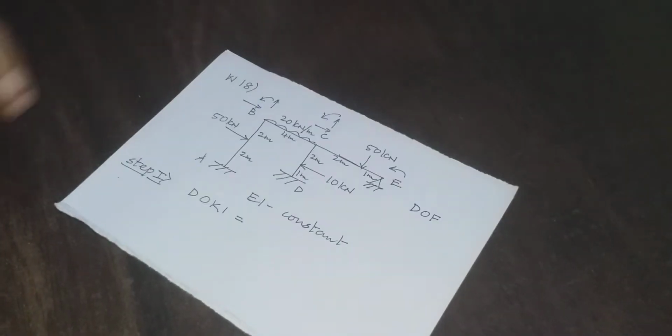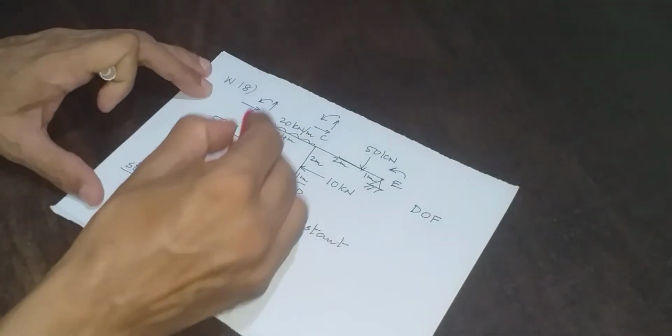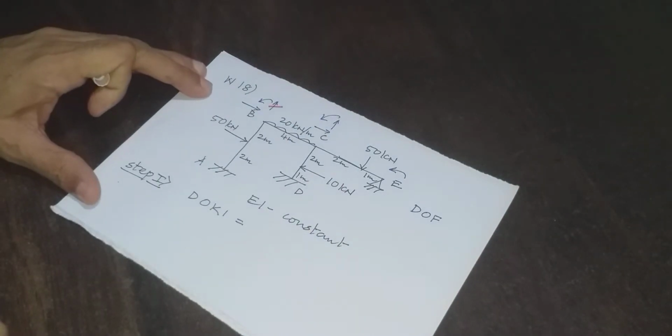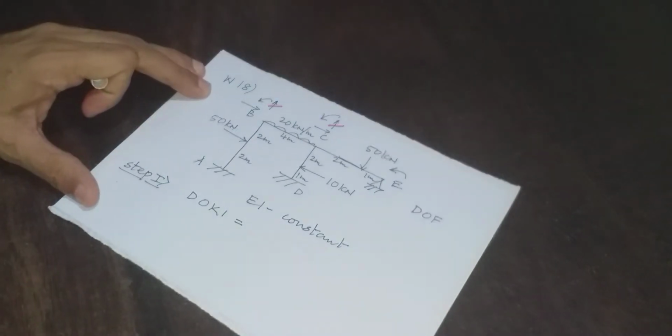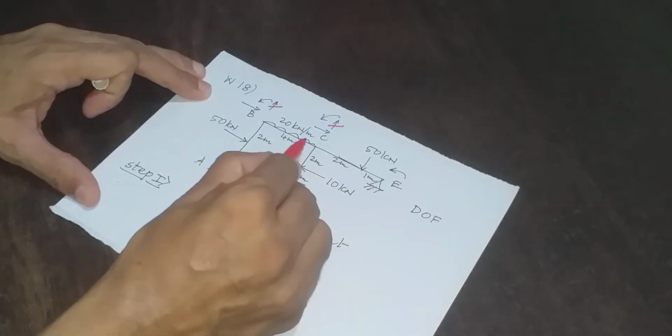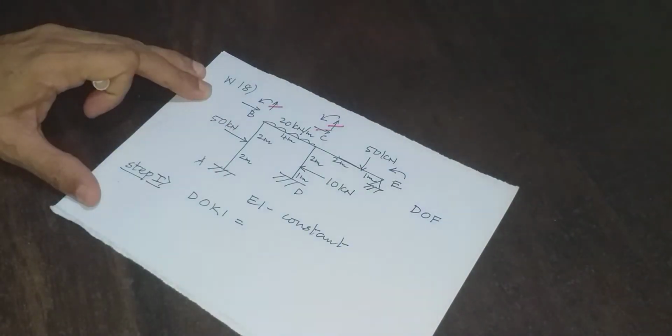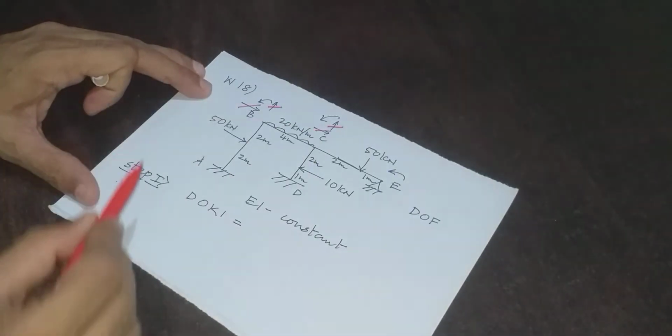This is nothing but degree of freedom. But my friends, let us talk about degree of kinematic indeterminacy. This means possible degree of freedom. Now, if we neglect the axial deformation, that of AB is not possible, so this degree of freedom is neglected. Axial deformation of CD column is not possible, so this degree of freedom is neglected. Now look at this. Since E is hinged, E cannot move to the right in x direction, therefore C also cannot move to the right in x direction, therefore B also cannot move to the right in x direction. So these two degrees of freedom are neglected.